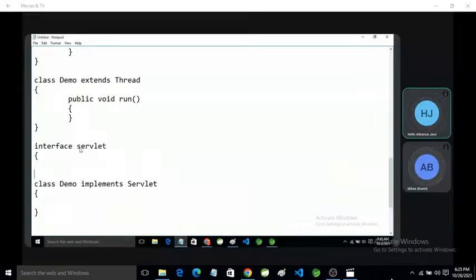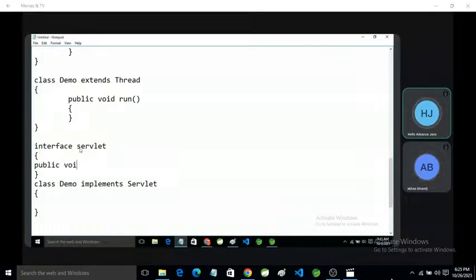Okay, and the Runnable interface has some methods. If we implement the Servlet interface, it is our responsibility to implement all the servlet methods. A servlet has five methods.